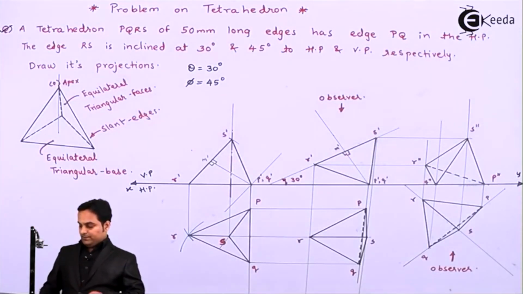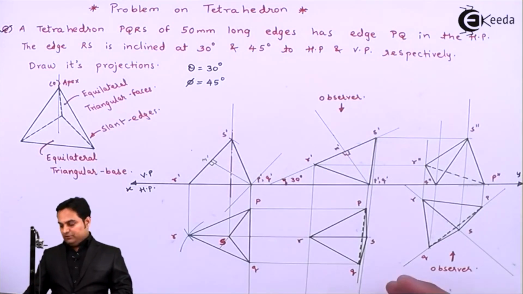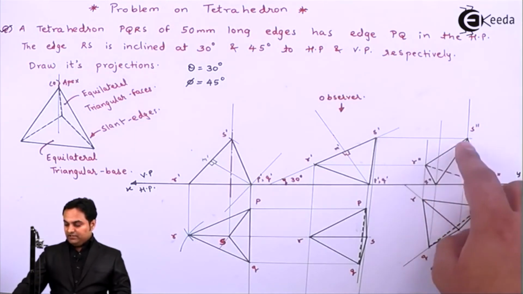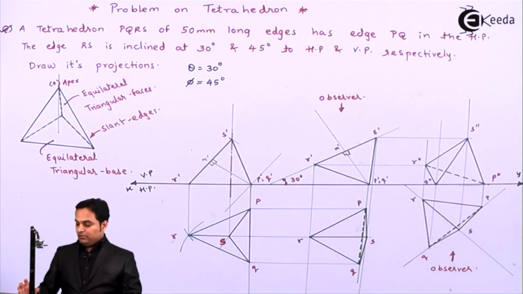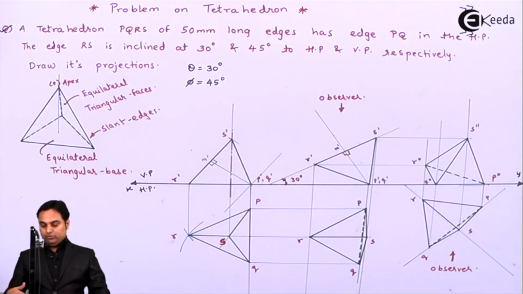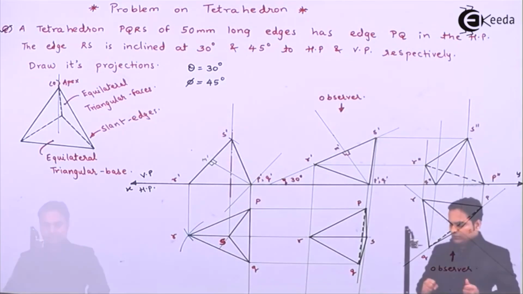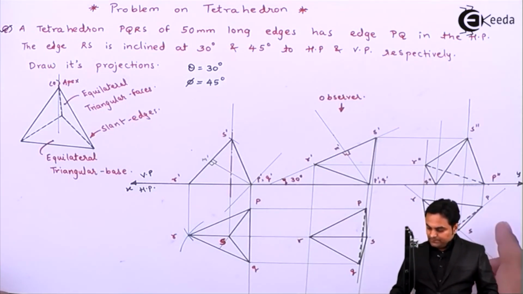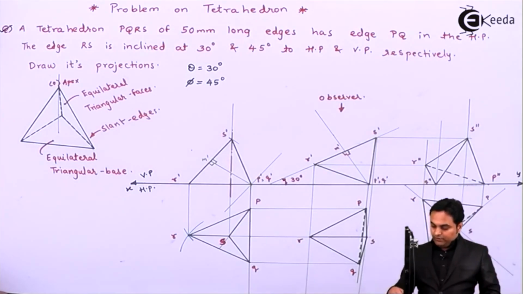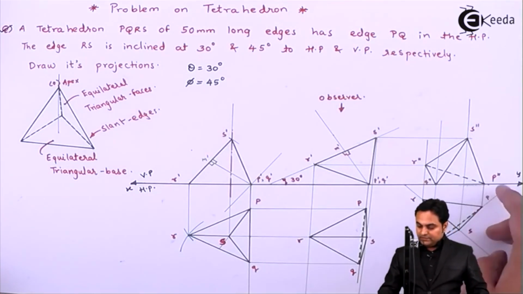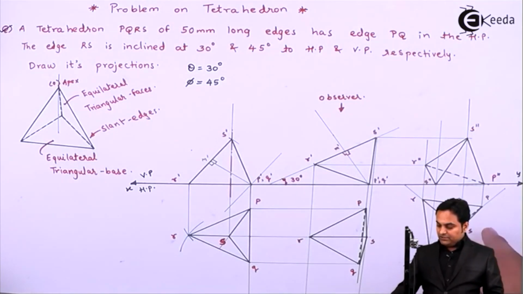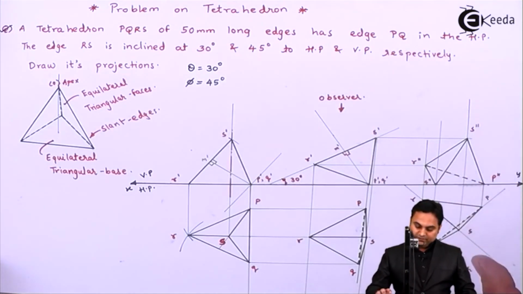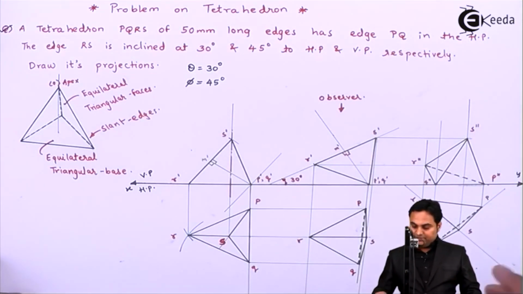So as we can see here, the triangular faces which are visible to us are P double dash S double dash Q double dash, and Q double dash R double dash S double dash, and the remaining triangular faces are hidden or going behind the observer. So now if we see here, P double dash R double dash and Q double dash, that is P, Q and R, going behind the observer. Next, P double dash S double dash and R double dash, that is R, S, P in the top view, again behind the observer. So they are hidden. So in this way the tetrahedron will look as per the given conditions.